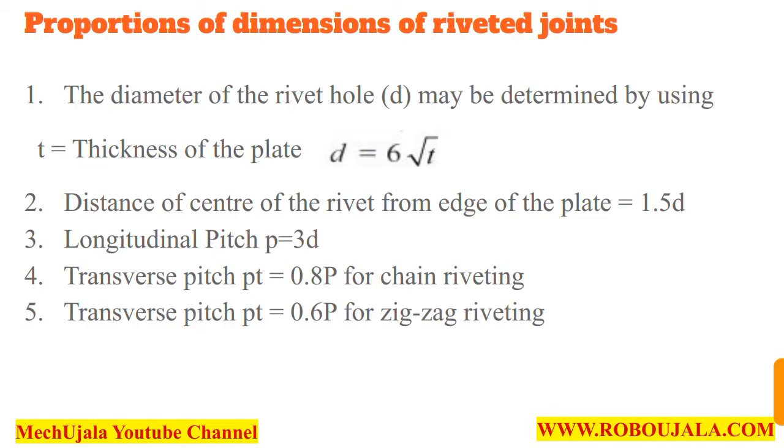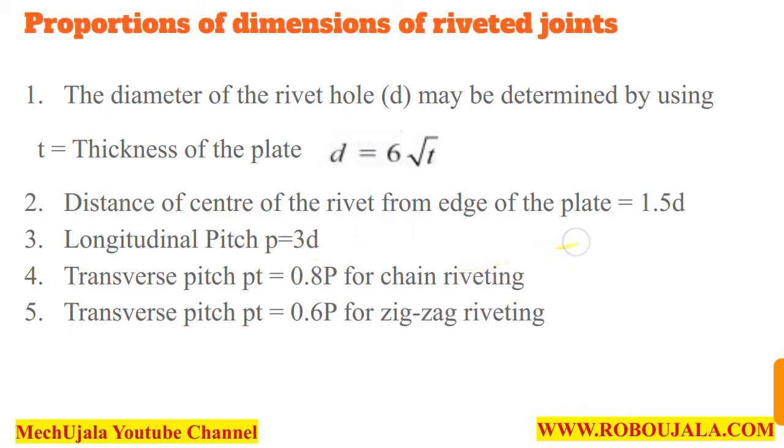Longitudinal pitch p is equal to 3d, where d is the diameter of the rivet hole, and we can calculate the diameter of the rivet hole is equal to 6 root t, where t is the thickness of the plate, which is given in any numericals, and you can calculate d, the distance between the centers of the rivets, which is the longitudinal pitch, and the transverse pitch is equal to 0.8 p